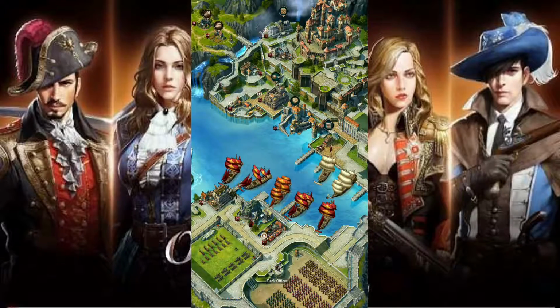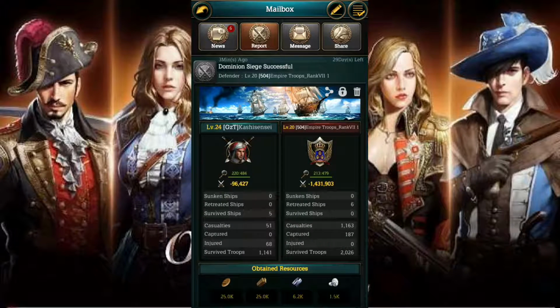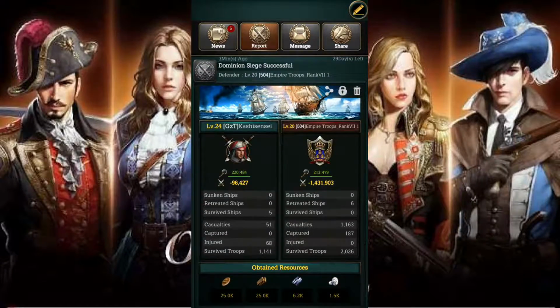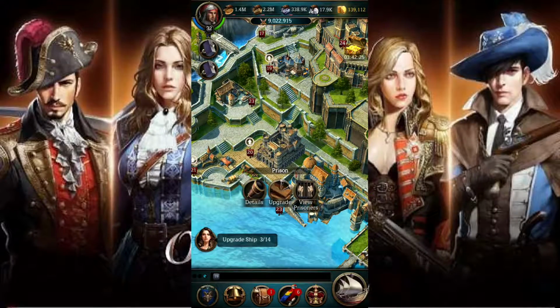So that's the replay. If we go back to the report and you look down the bottom, the last bit of information you need there is the obtained resources, and you can see from that one attack we've gained 25,000 food, 25,000 wood, 6.2 thousand iron and 1.5 thousand silver. Now those aren't actually the only resources you can get from this attack. If you go into your prison and view prisoners,